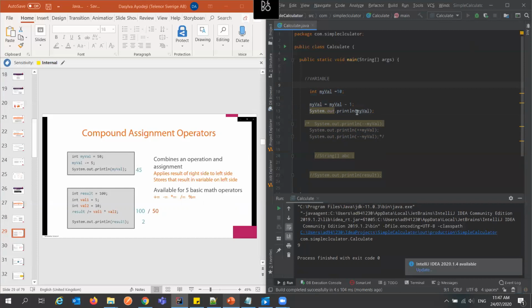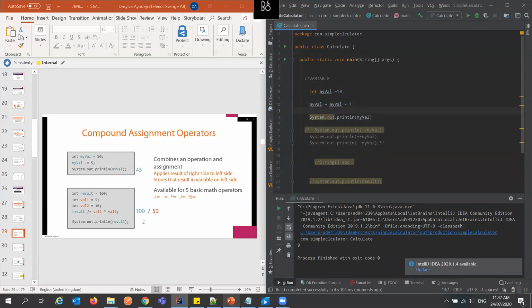Nine, yeah, because I'm deducting 1 from my val. So instead of doing that, this compound operator is telling us that we can do this: my val minus equals to